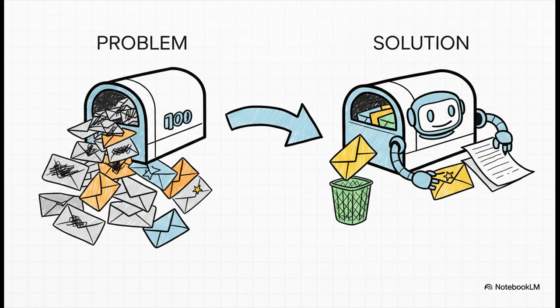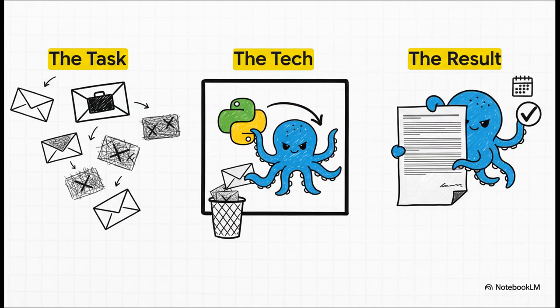Okay, for our next demo, we decided to tackle a problem I think we can all relate to: the completely overwhelming email inbox. This time, we built an agent using Python that connects to Ollama. Its job is simple: scan unread emails, toss out the junk, and draft replies to anything important. And it worked. It successfully spotted a job interview request, ignored about a dozen promotional emails, and drafted a perfectly